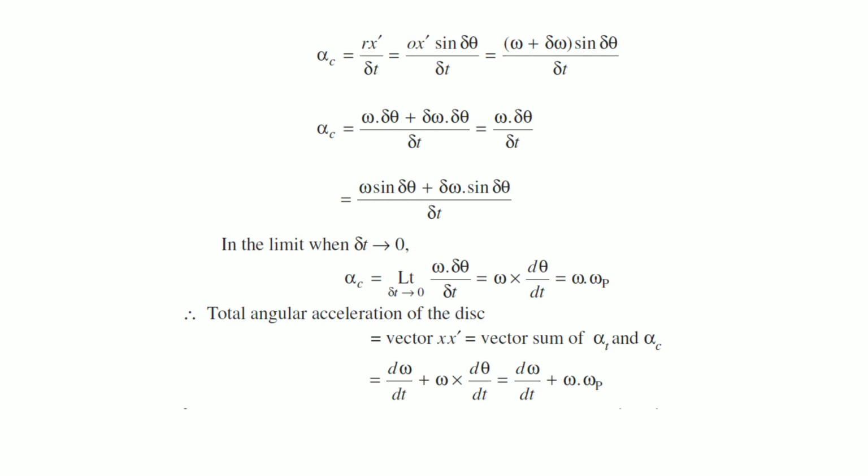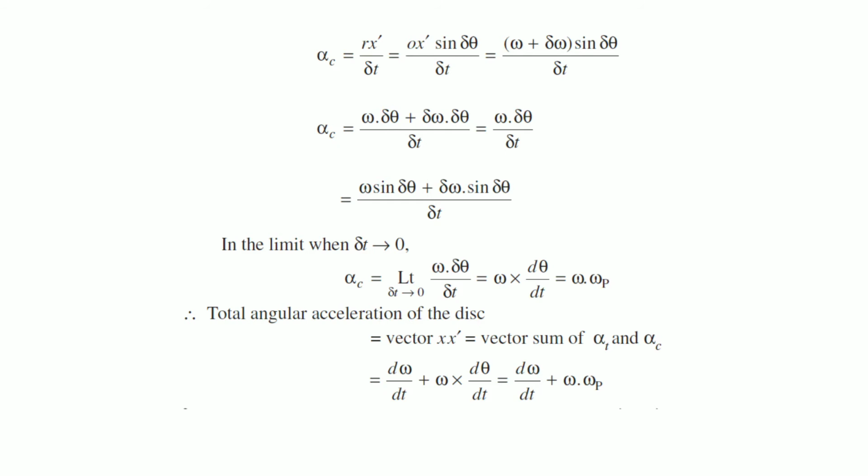Here we replace sine delta theta with delta theta, because theta is very small, so we can say that sine theta is equal to theta. So sine delta theta is equal to delta theta. So omega delta theta upon delta t. So we get omega into d theta by dt. Omega is the angular velocity and d theta by dt